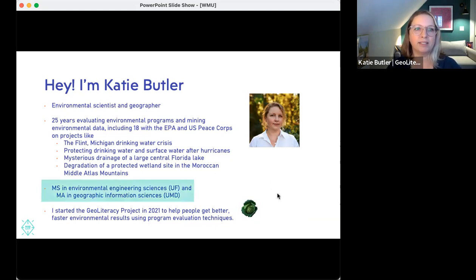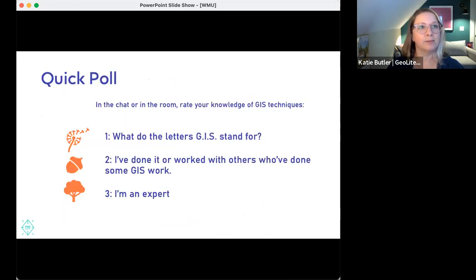The main thing for y'all today is to know that I know a little bit about GIS and environmental science, and that is why I'm here talking to you today. And this little cabbage down here in the bottom is to remind me to tell you that I'm sitting in Atlanta, Georgia. I live in this strange little neighborhood in Atlanta called Cabbage Town. So that's my little logo for my neighborhood. So thank you for letting me join you from so far away. It's still warm down here. If you want to come and visit, you're welcome.